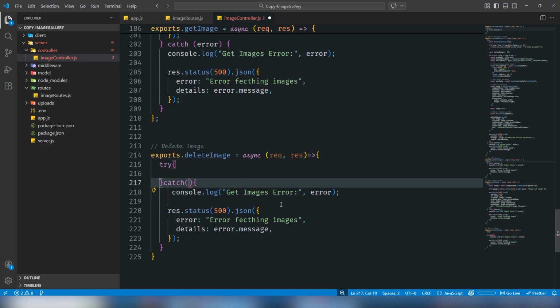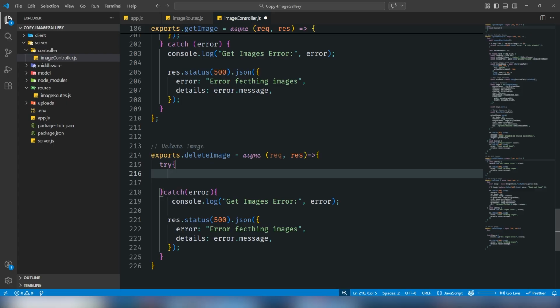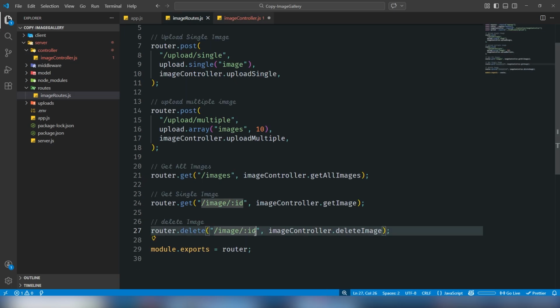And to save the time, just use... Okay, in the try block, you need to get the image ID. How can you do that? Let's take a look at that. I have assigned the ID. On behalf of this ID, you need to use